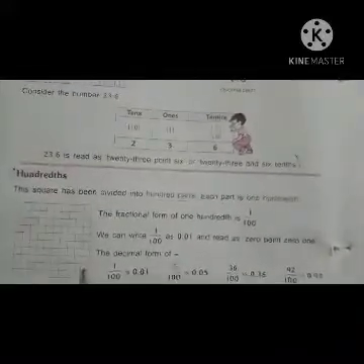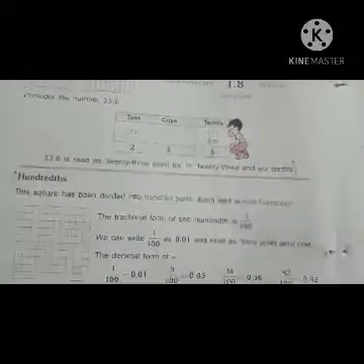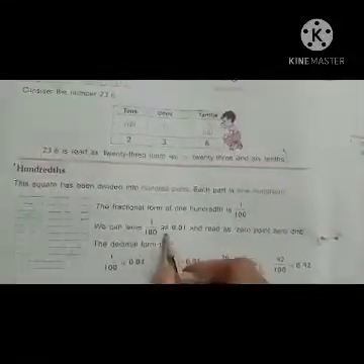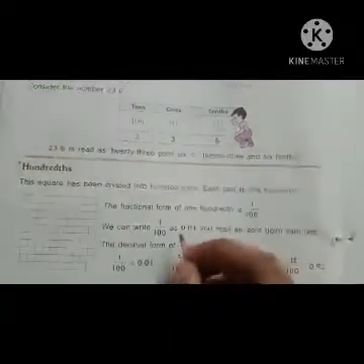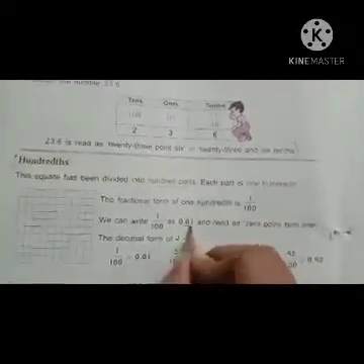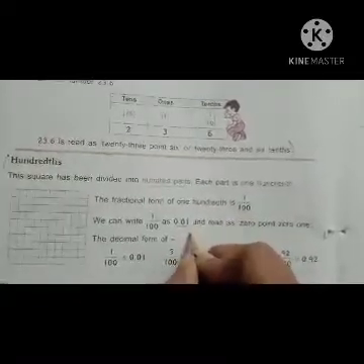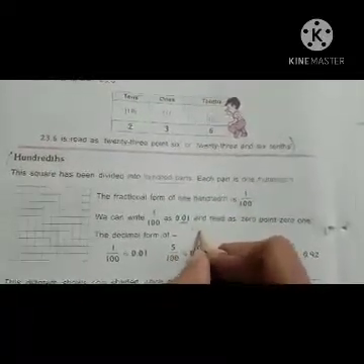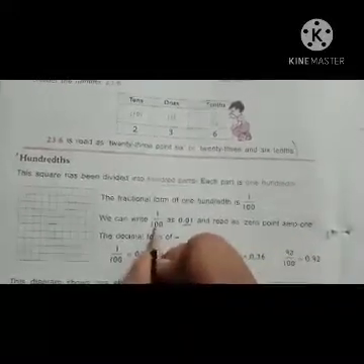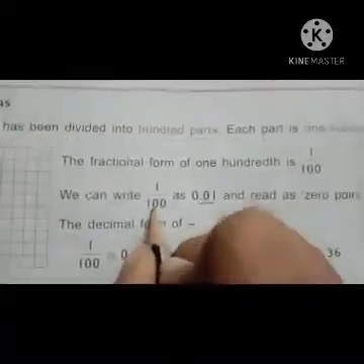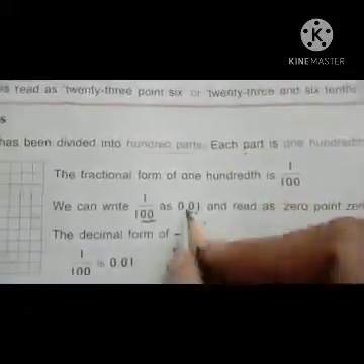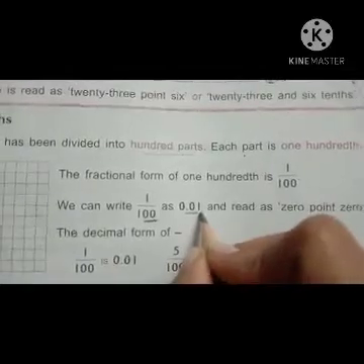Total how many 100 are there? That's why here we have to write the denominator number 100. Next, we can write 1 by 100 as 0.01. See, children, I already told you, in the tenths form, 1 by 10 is equal to 0.1. Here 1 by 100 is there, no? How many zeros are there in the denominator? In the denominator we have 2 zeros. After the decimal point we have to write 2 numbers.